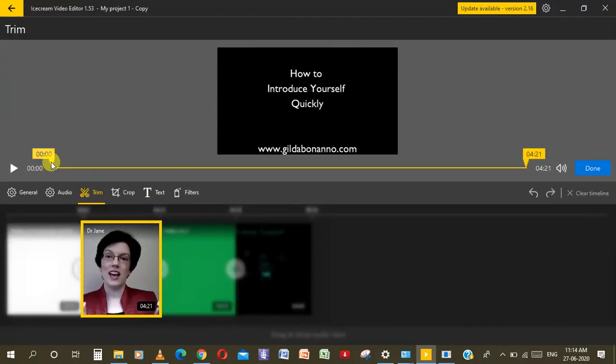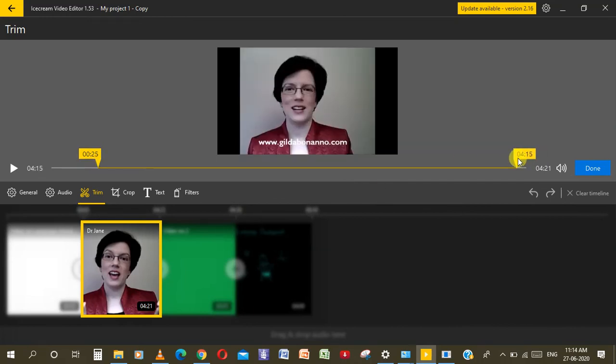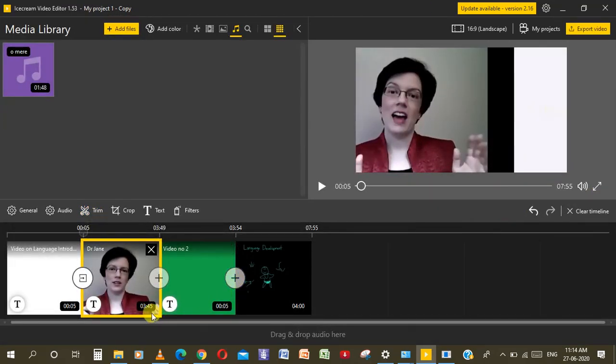Say for example, if you don't want this part, and this part also, so you have trimmed 25 seconds and 10 seconds, and click done. Automatically the size will be decreased. Look, before that it was 4 minutes and something seconds, now it is 3 minutes and 45 seconds. So in this way you can trim unwanted parts of your video, and then you can go for export.